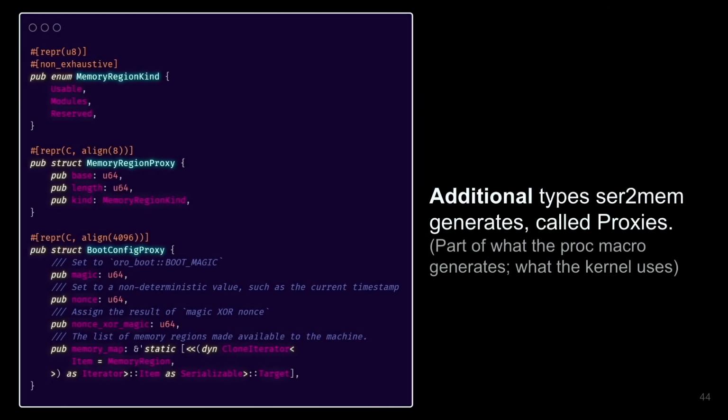So here's what gets generated. This is a call to cargo expand. If you've never used cargo expand and you're doing proc macros, you should really check it out. Cargo expand dumps out the source code of your program after all of the macros have been evaluated. So this is the output of the derived structs, the certamem derived structs after everything has been evaluated. And you can see our memory map down here has gone from an iterator to this really crazy type that we'll talk about in just a second.